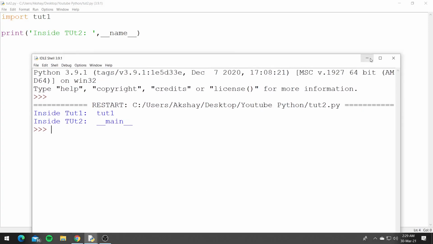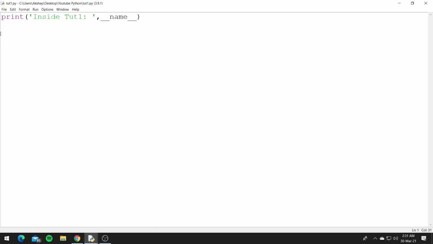So now let's look at another concept. Let's go to tut1.py again. So now we are inside tut1 Python file, and now let's look at the use of dunder name variable, why you might need it. So let's first create a function. So let's say def example, and let's print "this is an example function." And a new line. So \n is used for new line, and on the new line we'll print the dunder name variable. So double underscore name double underscore,